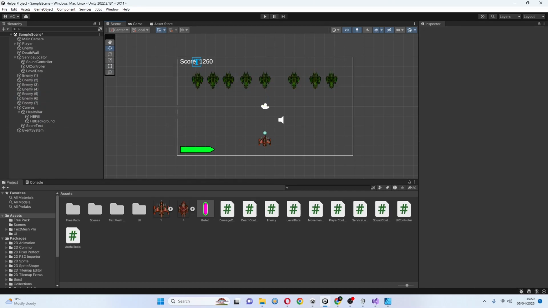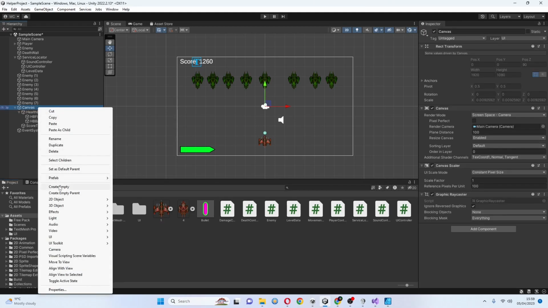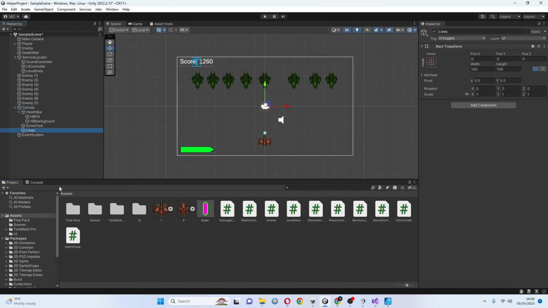Now, I'm going to use hearts for the lives because that's standard. So I'm just going to have 3 hearts for 3 lives. Actually, you know what? I can't be bothered to find a sprite. I'm going to use a little version of myself, a little version of the ship in the corner. That's a great one. Brilliant. So create an empty. I'm going to whip through this. I'm going to call it lives. And then I'm going to